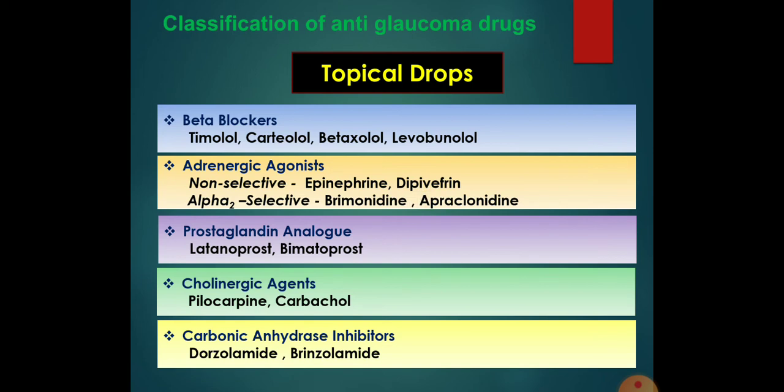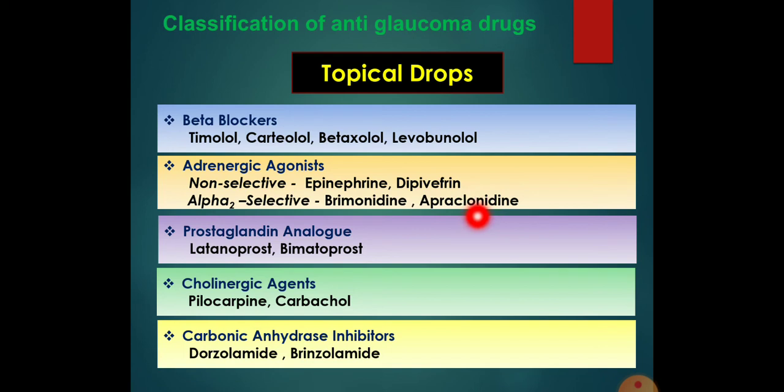Dipivefrin is a better tolerated drug than adrenaline as it's a prodrug, and dipivefrin still produces significant ocular burning and other side effects. Whereas in case of apraclonidine, it's a polar clonidine congener. Clonidine is given as an antihypertensive drug, but apraclonidine is given in glaucoma. It does not cross the blood-brain barrier. It is applied topically and lowers intraocular tension by almost 25%.